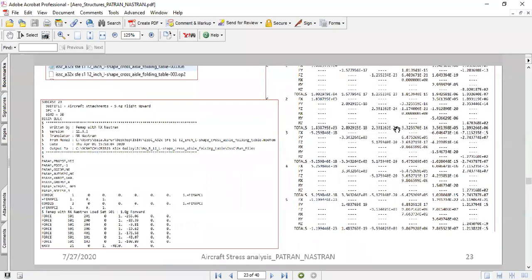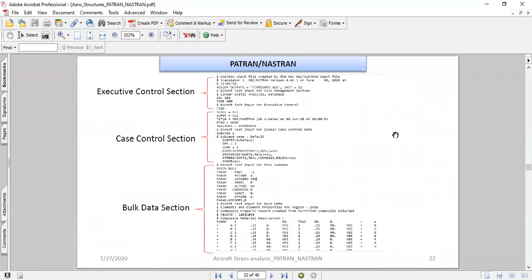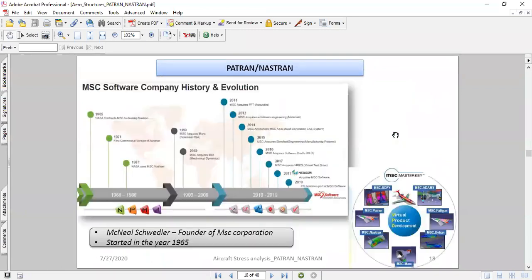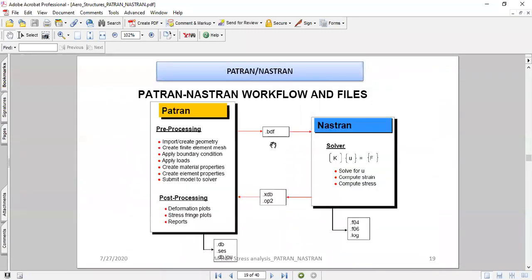Okay, now I have given you a very brief introduction to Patran and Nastran. Just to give you a quick recap, Patran is the pre and post processor, whereas Nastran is the solver. Whenever you create a finite element model in Patran and send it to the solver, it generates a file called BDF.